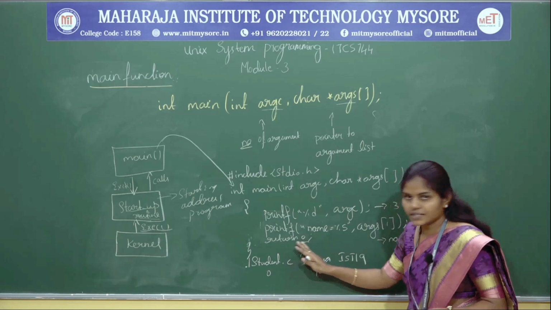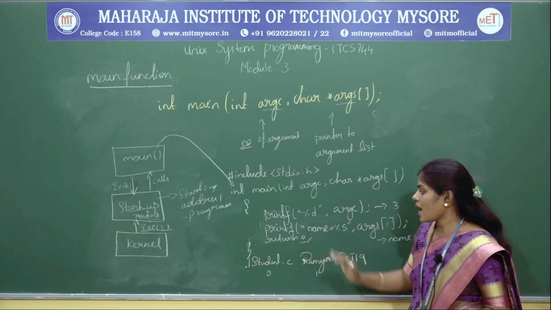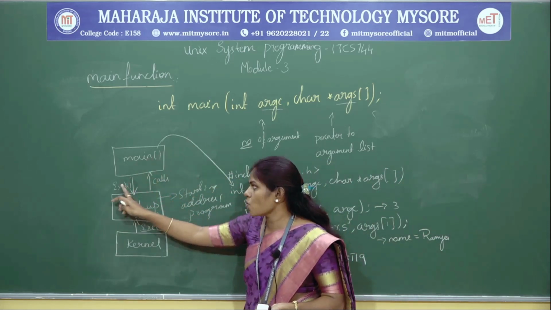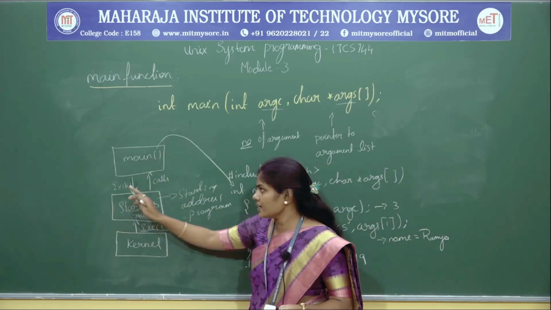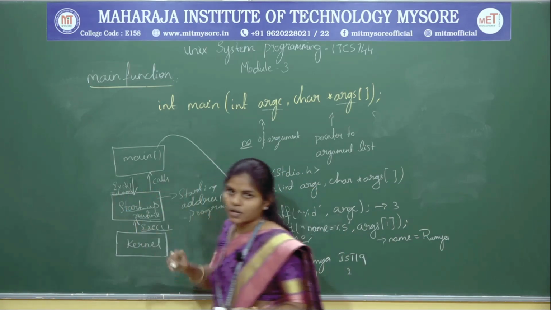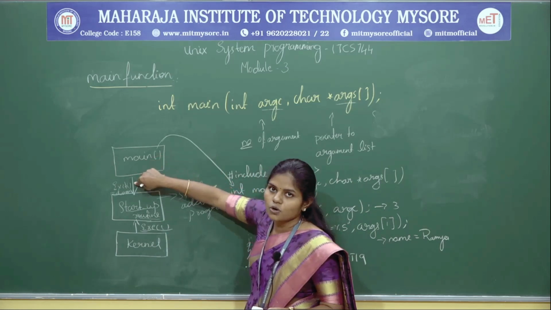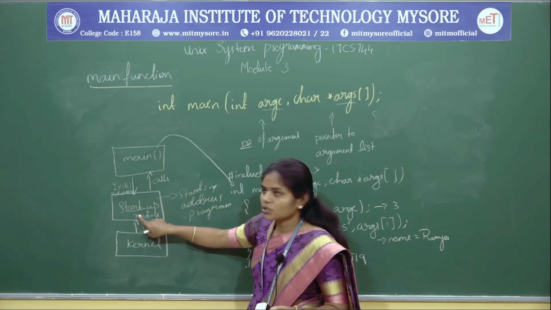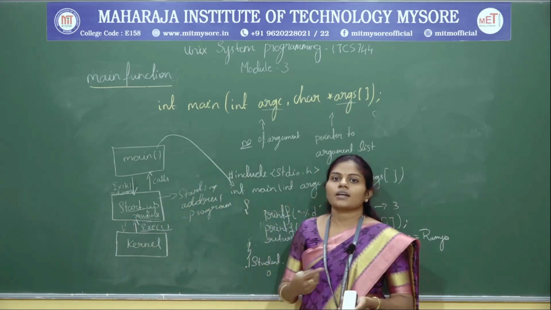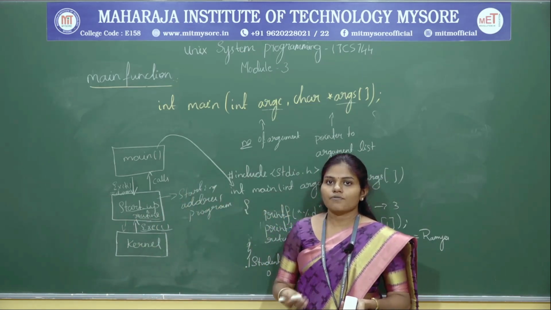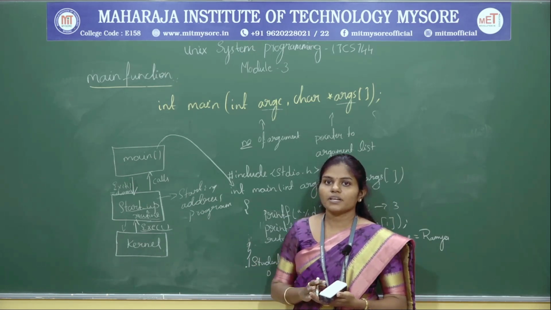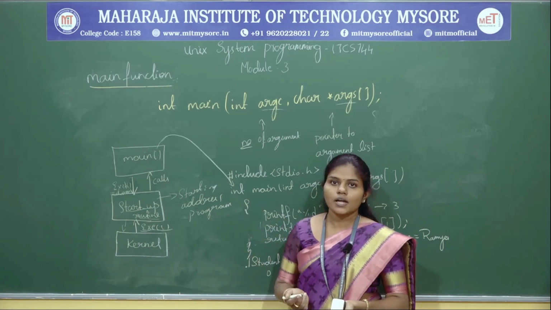Since it is returning the value 0, what happens? The control will go back to the main function. The main is going to execute the exit or return statement. You can use either exit or return. If it returns the value 0 or any value, it is given back to the startup routine, and that information is given to the kernel. Now the kernel is going to display the failure message if it is a failure. If it is successful, the control will be given to some other program for execution.